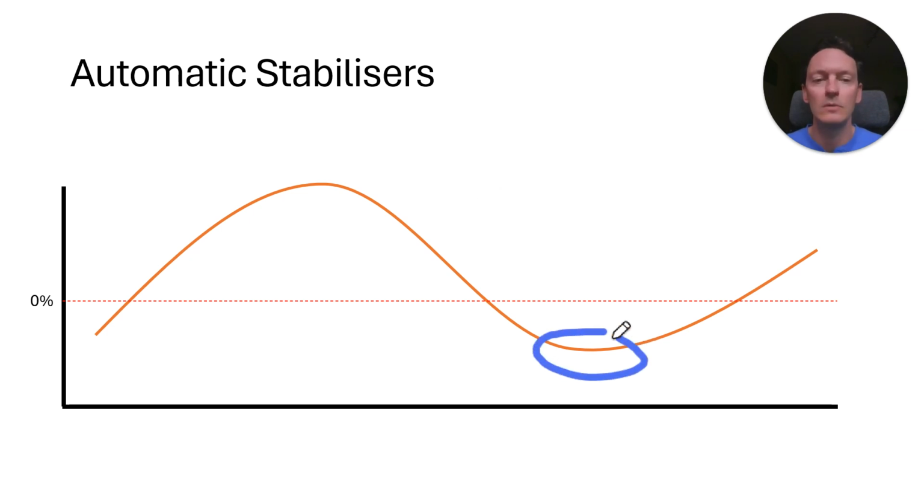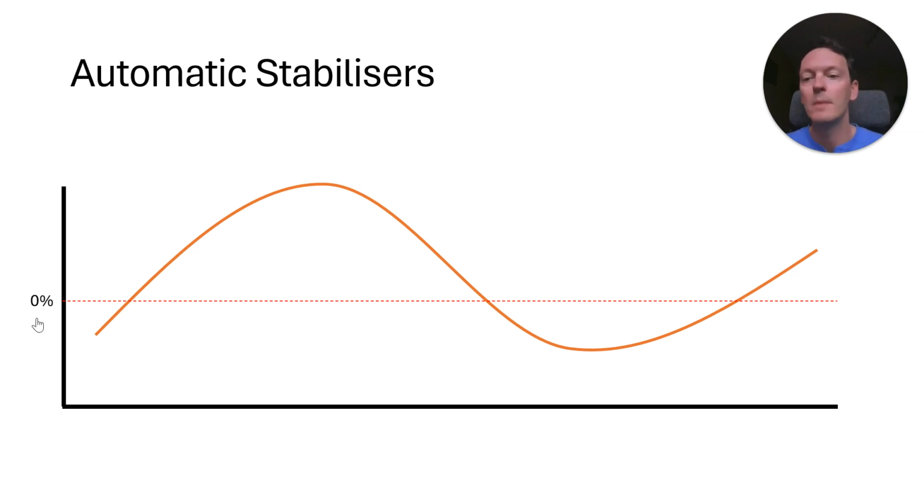And likewise, we really want to avoid these big deep troughs as well that have extended below 0% GDP growth, and the reason for that is there's not a lot of production going on around these times, and if there's not a lot of production, there's not a lot of derived demand for labour. And if people aren't needed, then they aren't going to have jobs. And if people don't have jobs, then again their incomes will fall, access to goods and services will fall, their material living standards will fall.